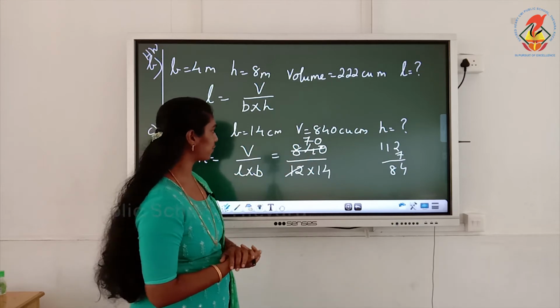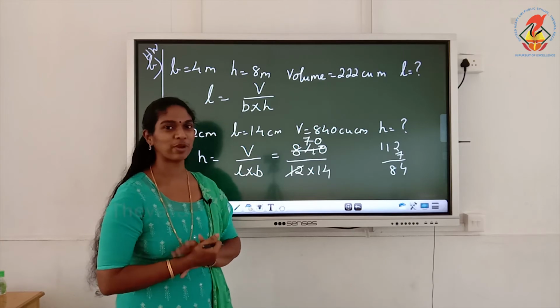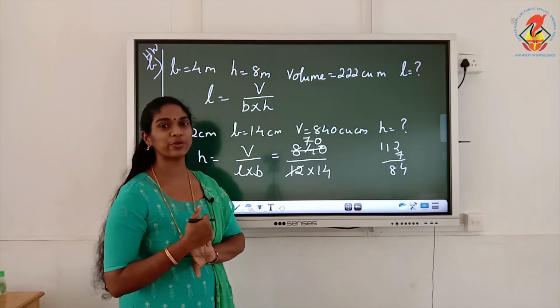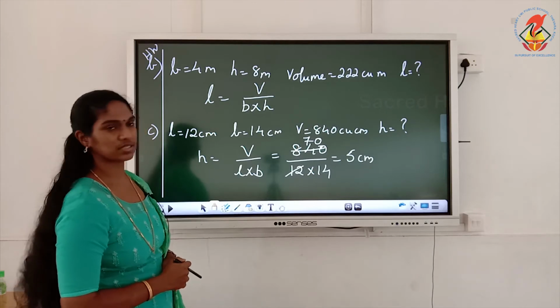If you want you can check, children. See 12 into 7, 7 2s are 14, 84, you are getting 84. So 12 sevens are 84, then you have a 0 left, put that 0 over there. So you got 70. Then 70 and 14, do you all know any relation? 70 divided by 14, 14 table, where you get 70? At 5. See, 5 4s are 20, 5 1s are 5 plus 2 you get 7. So children, what is the answer? 5 centimeters is the answer. Okay.